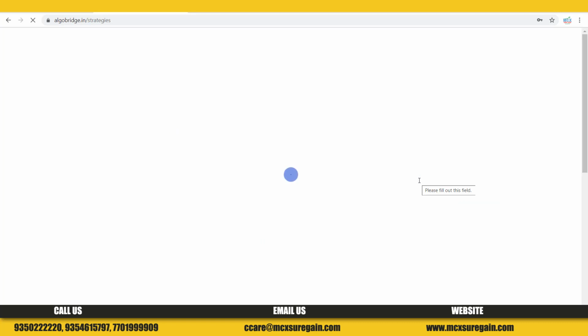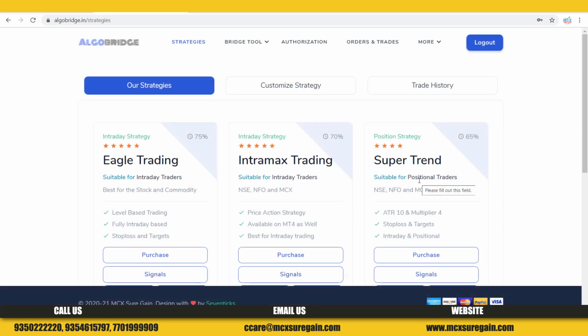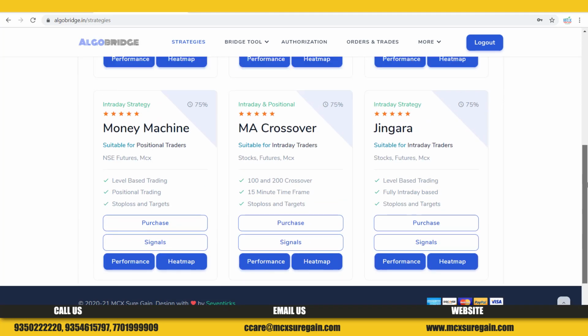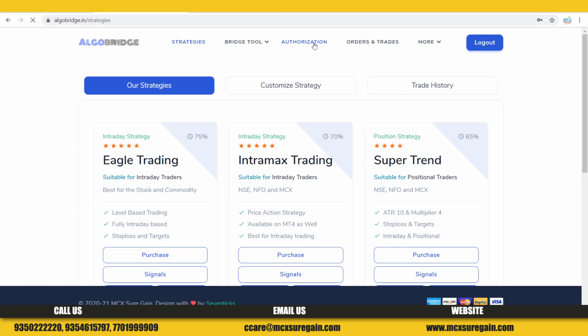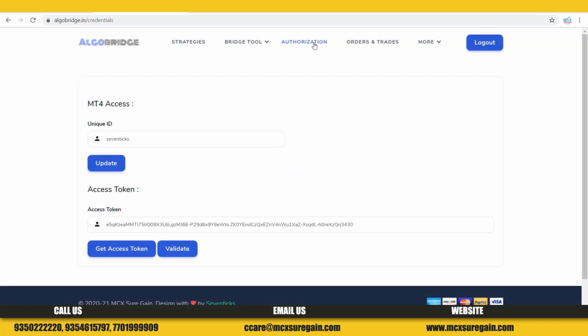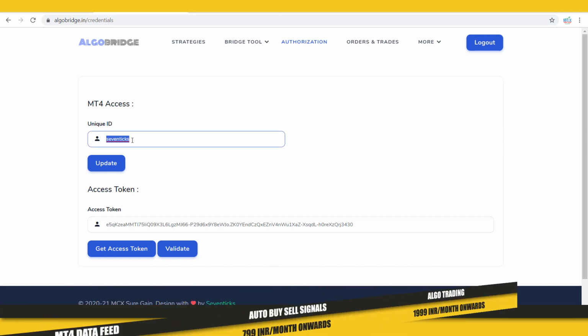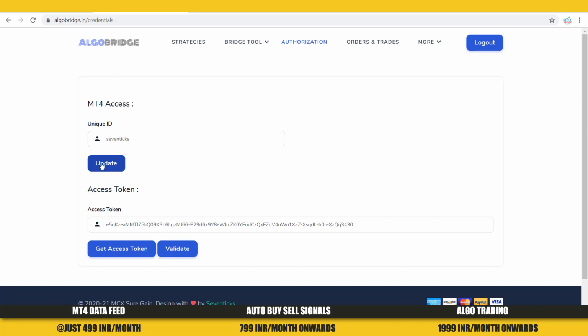After successful login, I'll find a screen. That screen is for trading with the predefined strategies. There are 6 predefined strategies, as I have told in the earlier video as well. So the first and most important process in AlgoBridge is to authenticate yourself on a daily basis without fail and before market open. There is a unique ID option there. You can put any unique ID, your name and your number, whatever you want, and then save. It should be unique. Like it is saying your unique ID already exists, so this ID is mine, I have already put this ID.